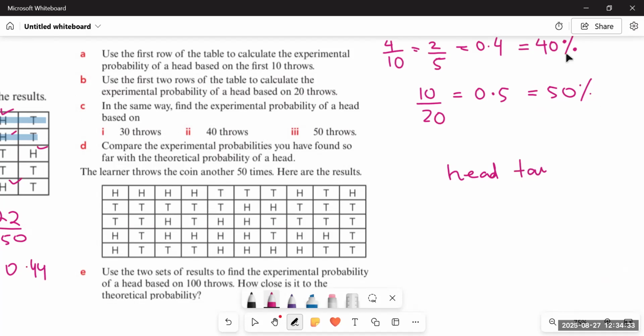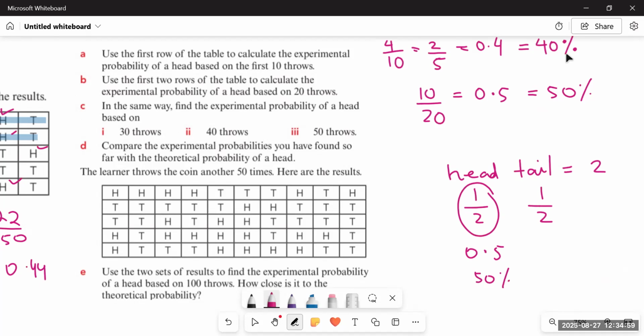So the probability of head would be, how many outcomes are there? Total outcomes are 2. And for head, it is 1. For tail, it is 1. So every single time I throw the coin, either it will be head or it will be tail. So the probability of head would be 1/2 and that of tail would be 1/2. So we can say that every time the probability of head would be 0.5 or 50%.